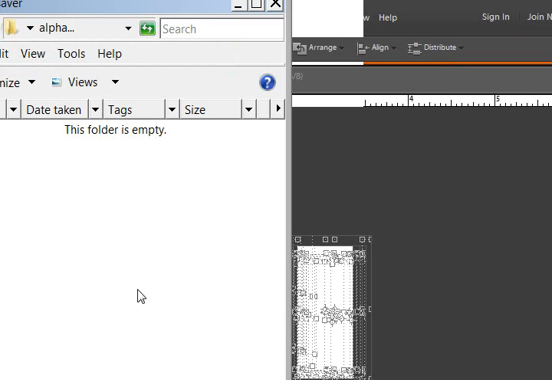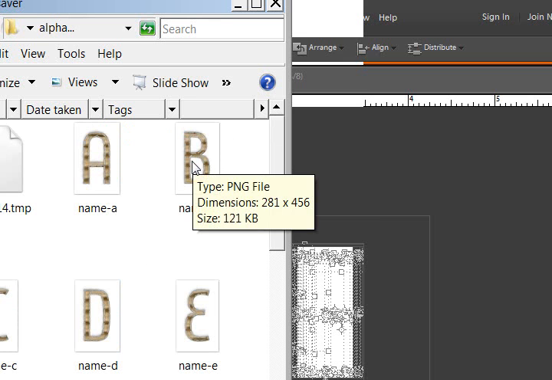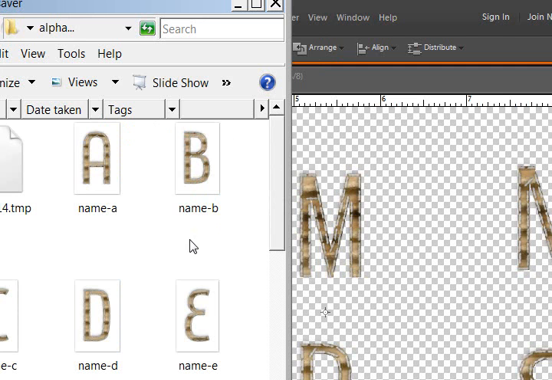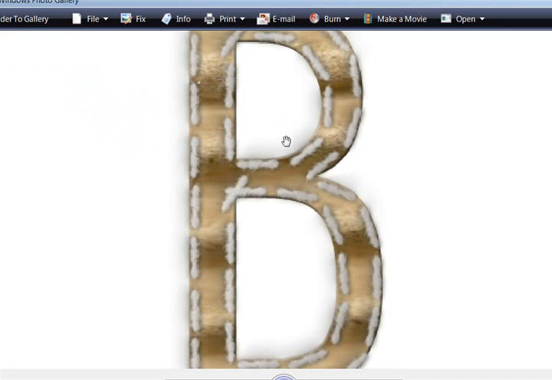Really cool. If you're going to share and do a lot of alphabets in your kits, definitely an action that is well worth the money. And there they all came in. It's not quite done there. Now it's done. Now when I open up to view one of these, you can see